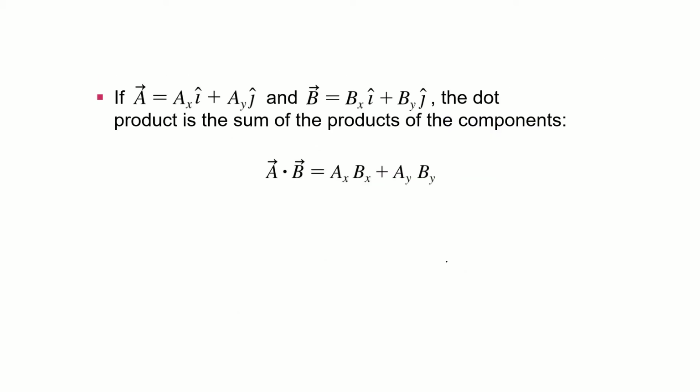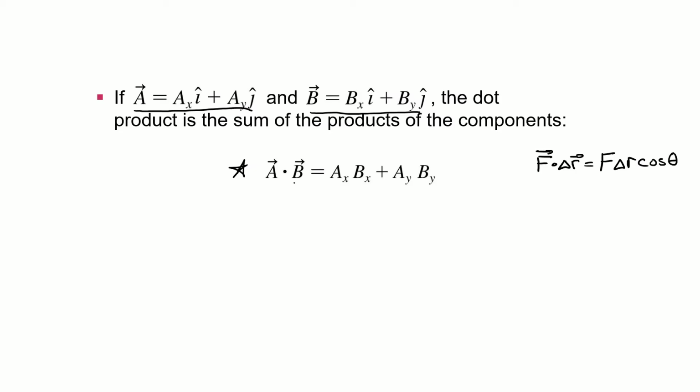Another way to calculate the dot product is with components. What we've been discussing is that if I have force dotted with displacement, I get the magnitude of the force, the magnitude of the displacement, and cosine of the angle between them. That's well and good for vectors where I've been given magnitude and direction, but if I've been given these two vectors in terms of their x and y components, I can calculate that dot product by just multiplying the components together and then adding them. So you get this.